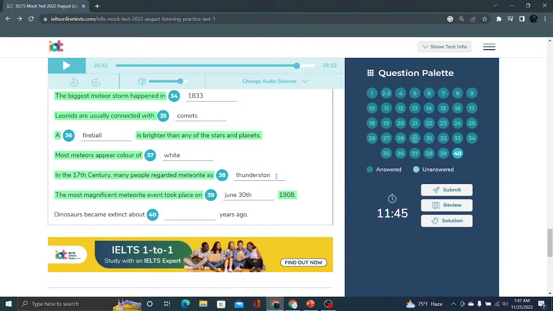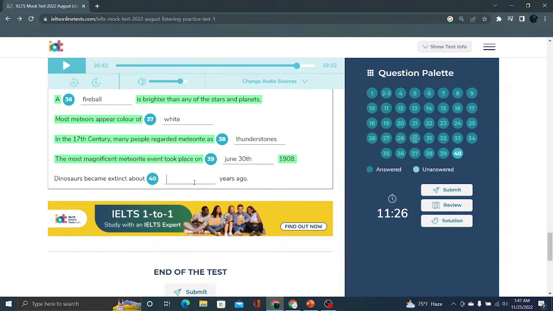Thunderstones, because at the end of his talking he was saying, nickname is thunderstone. Thunderstones. Okay, thunderstones would be the answer. Okay, now